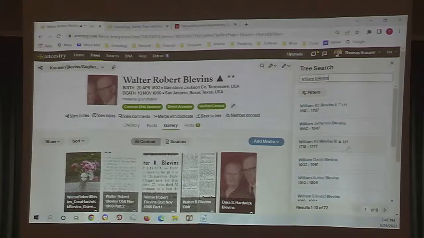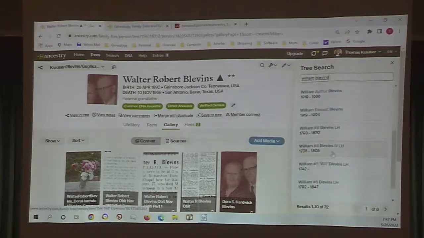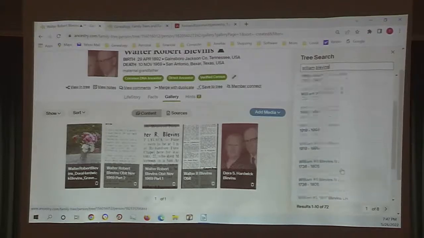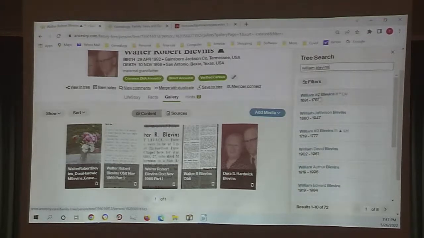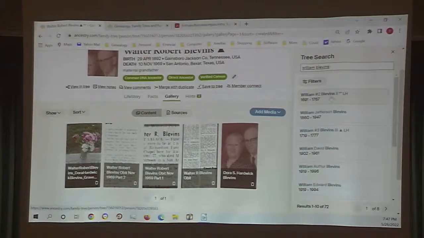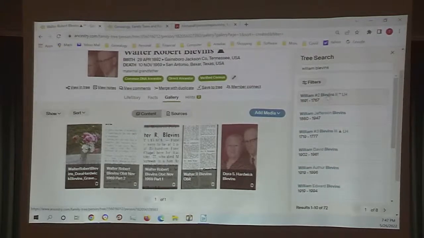Okay, so here's William Blevins, the 2nd, and a lot of William Blevins, but I'm looking for the one. This one right here that got a double asterisk. What does that mean? It's my direct grandfather or ancestor, and he was the second. So if I bring up his profile,